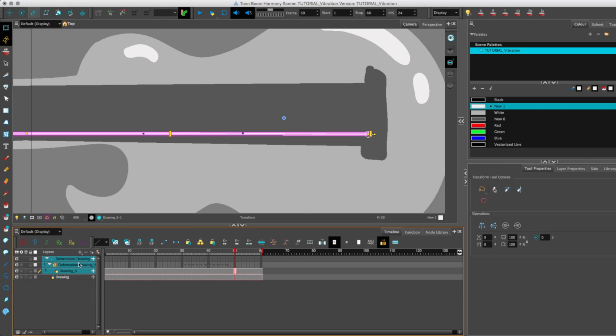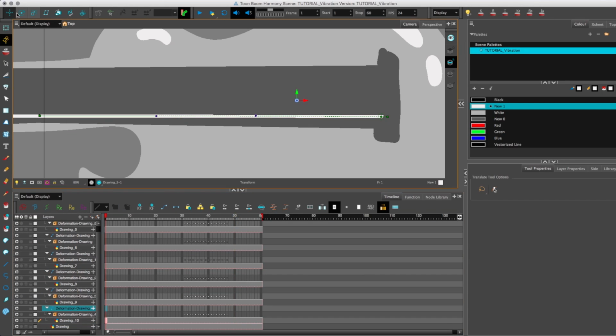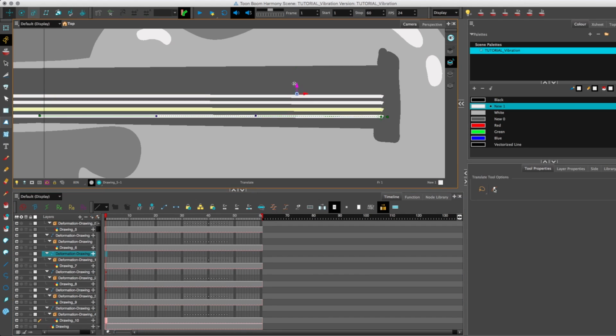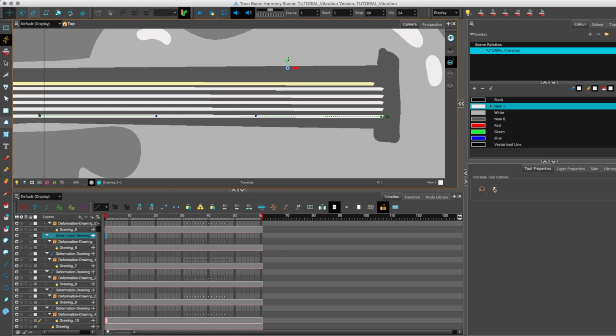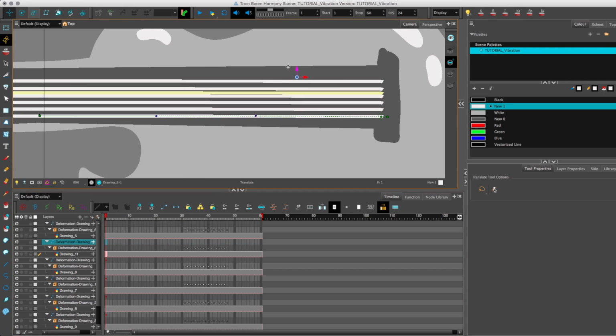The 3 of these we're going to be duplicating 4 times. And for each of the pegs, go to a transform tool and just drag it up to its new position. It's important that you go to duplicate and not clone, because this creates a completely independent copy, so if you wish to change the timing or the artwork, it will allow you to do so. Oh, look at that. I have room for a 6th string after all.